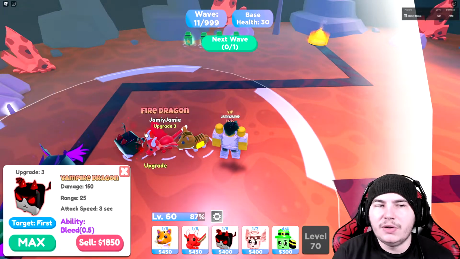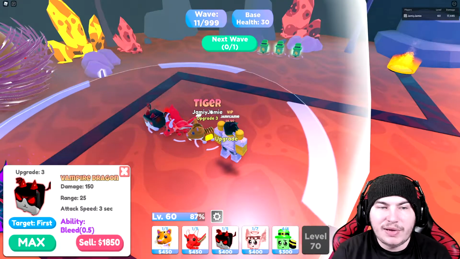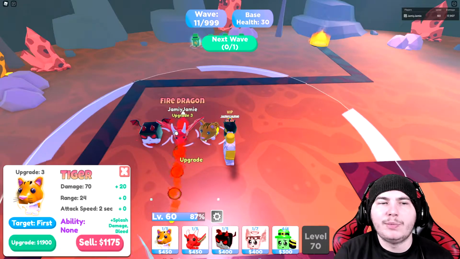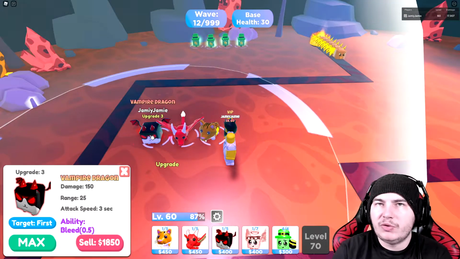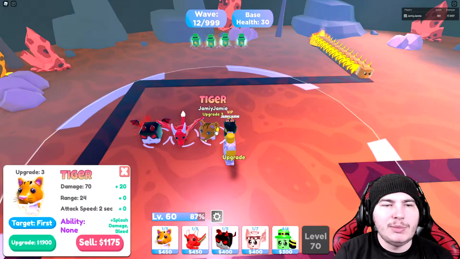So for this upgrade, the Vampire Dragon clearly wins here because it's fully maxed out. These are its best stats compared to the Fire Dragon and the Tiger. They can't really compare to it because they are going to get their splash abilities in the next upgrade. So the Vampire Dragon was ahead at this stage, but when I go ahead and just quickly do this...